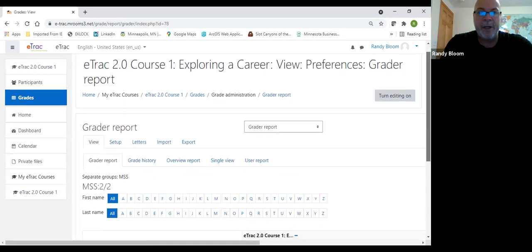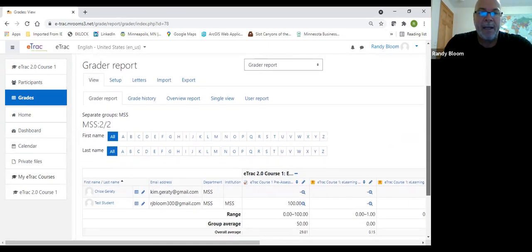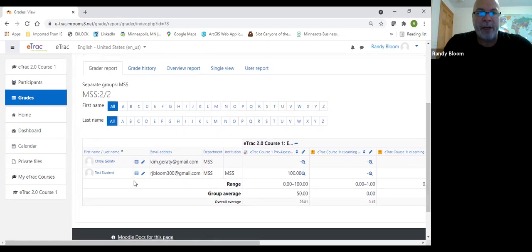And you will see here, this is a grade report. And so down below here, you can have a list of your students. Now I've set up my own test student account. So I actually have gone in as a student. And as you can see here, this is reflecting the score for the eTrack pre-assessment, where I was lucky enough to get 100%. And it also shows that I have not yet gone into some of the other functions here as well. And if you want some more detailed information, you would go ahead and click on the student's name.